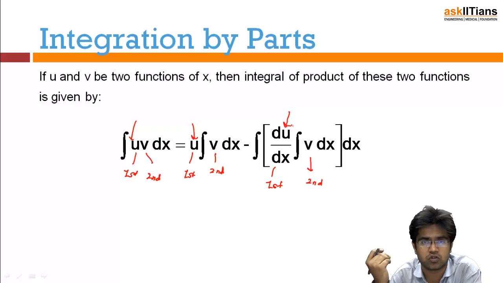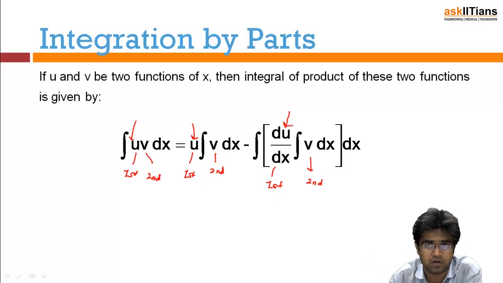So one of those functions whose integration you think is a bit difficult, you can take it as u and keep it as it is, and you may not have to integrate it. Okay, so this is the main idea behind this. The one which is the typical function, keep it as u and you will never have to integrate it. So this technique proves helpful in many of the questions, and we'll see them. But first of all, the question is how to decide which one to integrate and which one not to.